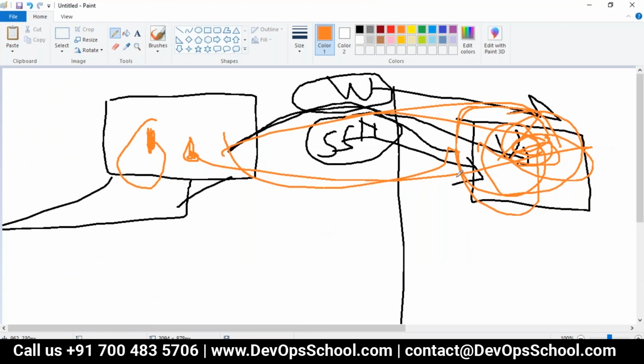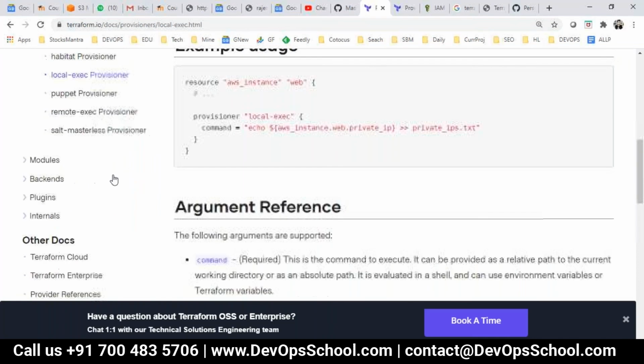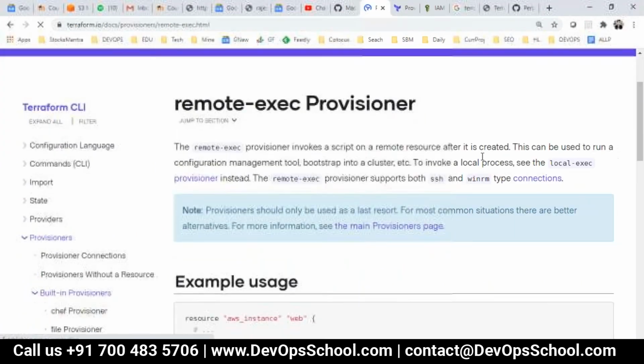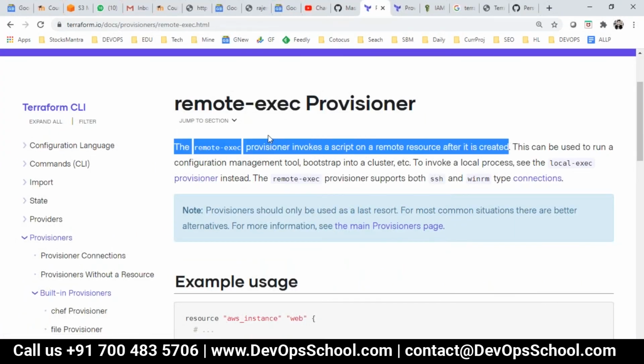Now let's say you want to do something on the remote machine after the login, then you need remote exec. Simple. But only after the resource is created. Please read only this line. Not everything is required. Remote exec provisioners invoke a script on the remote resource after it is created.